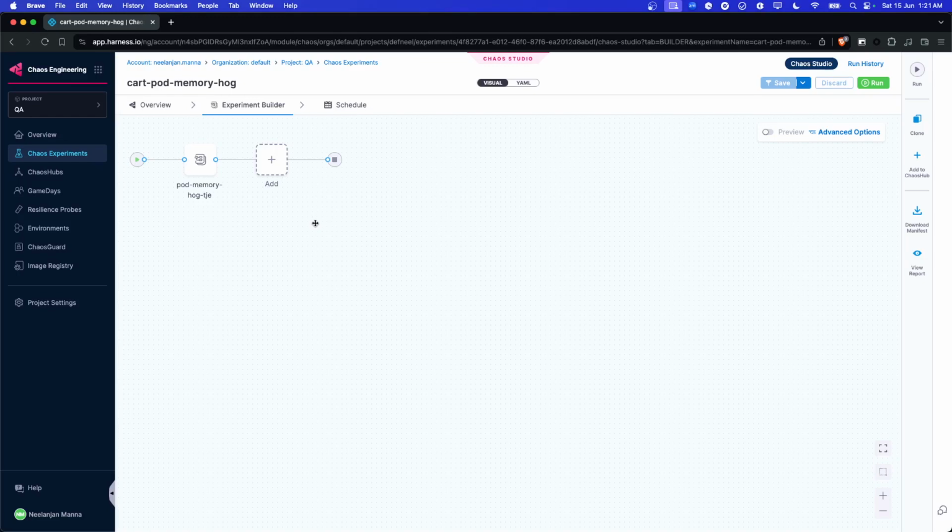Hey folks, let's learn about the pod memory hog fault. Pod memory hog is a Kubernetes chaos fault which injects heavy memory usage inside a Kubernetes pod. So it can be used for various types of failure testing, such as testing application resilience under high memory stress,